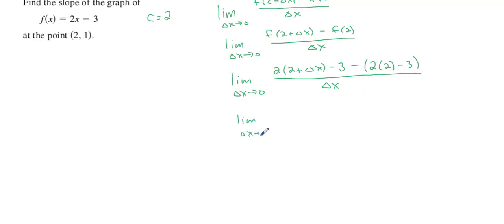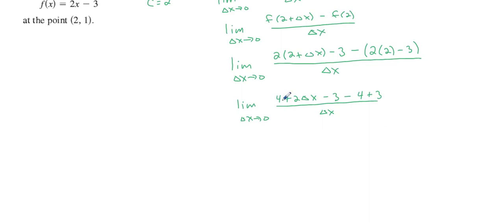Limit delta x goes to 0. So would that be 4 plus 2 delta x minus 3 minus 4 plus 3? And obviously you can just add these together. All right, we got 4 minus 4. We got negative 3 plus 3. That leaves us with